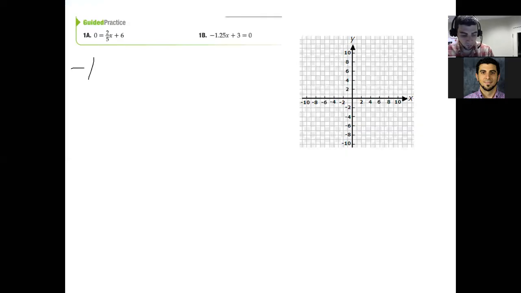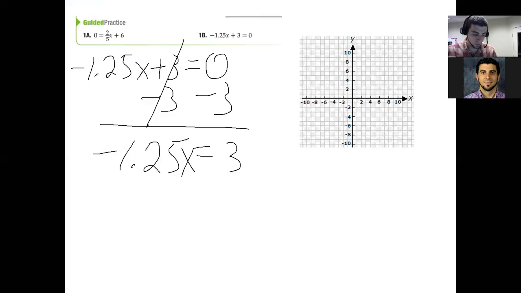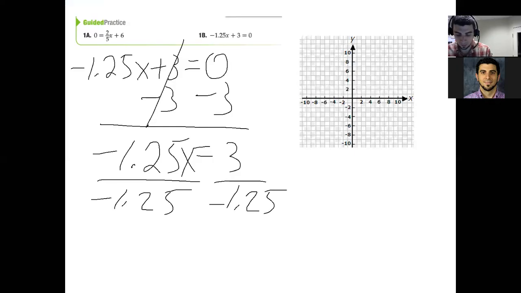So negative 1.25x plus 3 equals 0. Solving it algebraically, it's a two-step equation. Subtract 3. You get negative 1.25x equals negative 3. Then divide both sides by negative 1.25. Those cancel, and you would get x equals,